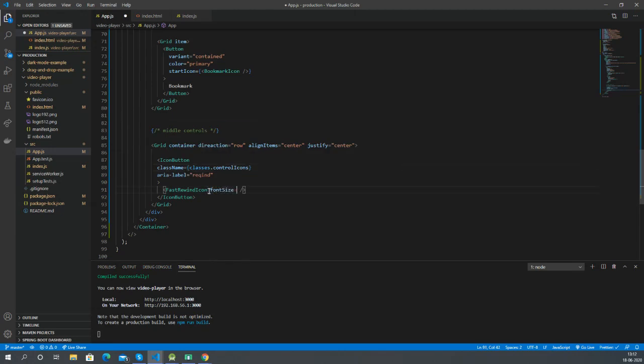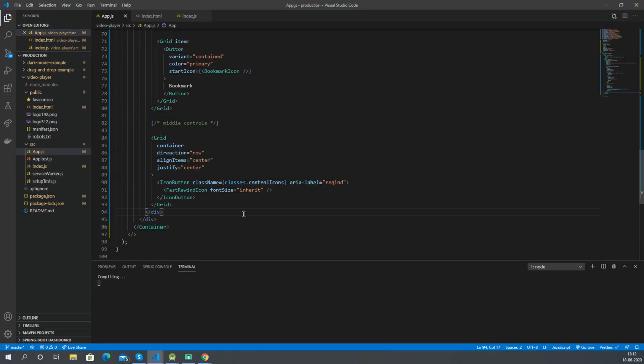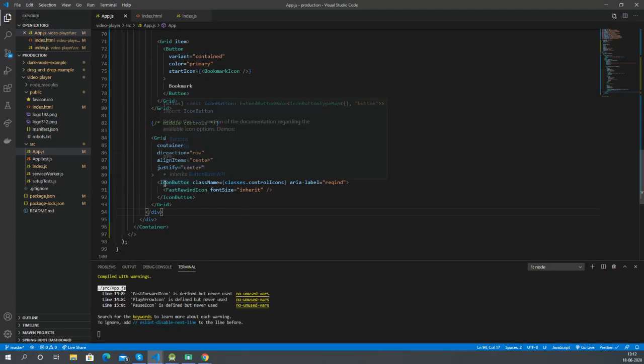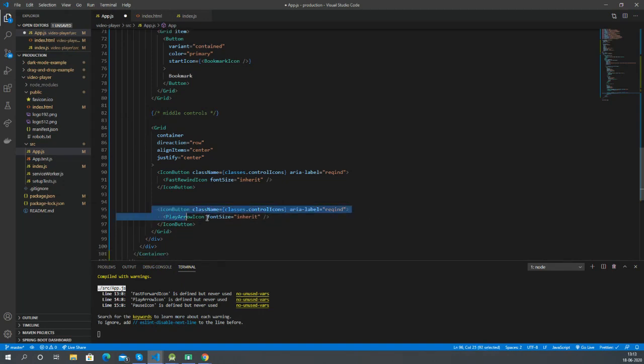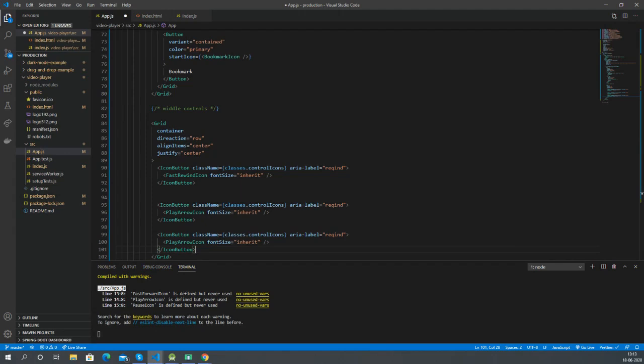For the icon, we can give a font size of inherit. So we will specify the colors and stuff in control icons. So the fast rewind icon will inherit all that. We will specify the size in the control icons itself. Let's copy and make the play arrow icon as well, and also the fast forward button.